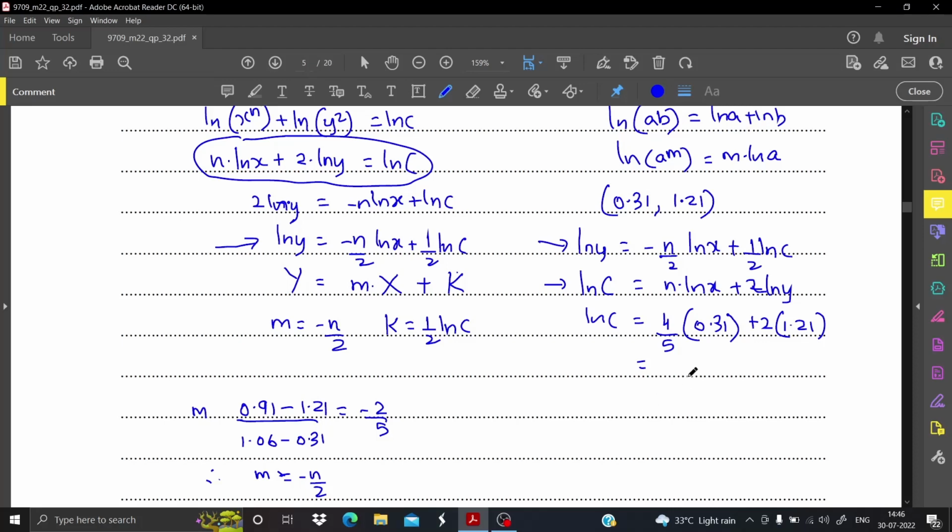So from this, when you calculate, what you get is 4 by 5 times 0.31 plus 2 into 1.21, that will give you 2.668. This is 2.668, that's your log c. Therefore c is, by default, you know the base is e, so e power 2.668, that will give you